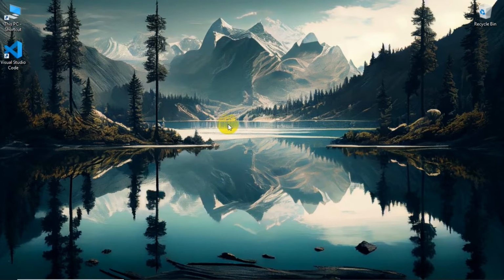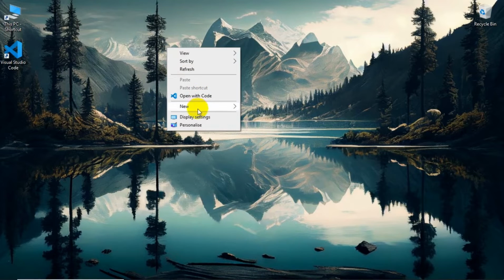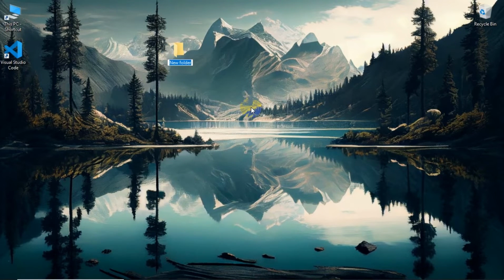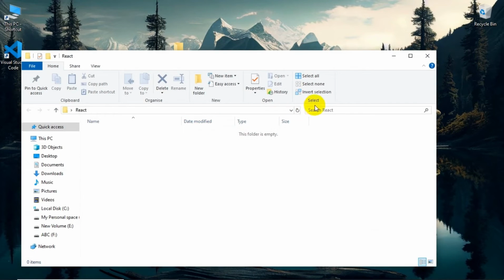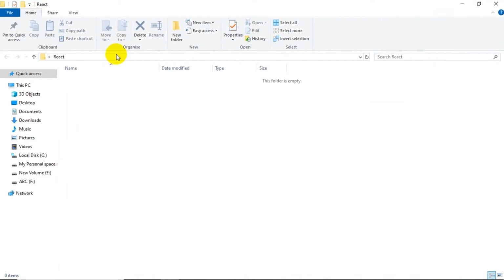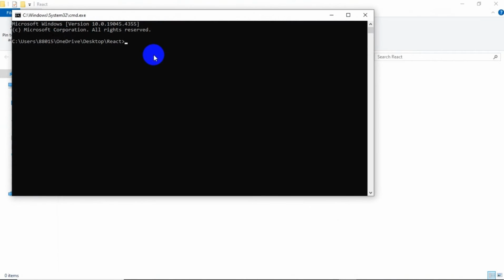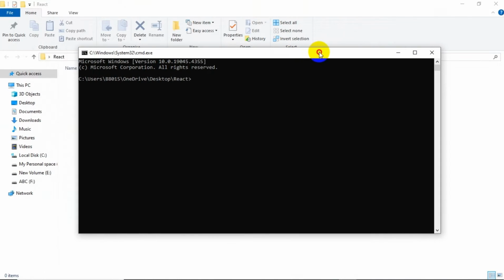So now what we are going to do is create a folder. First we will create a folder called React. Click enter. After that, we will go into this React folder, maximize it, and come over to this option and type here cmd and click enter. And here you can see the cmd